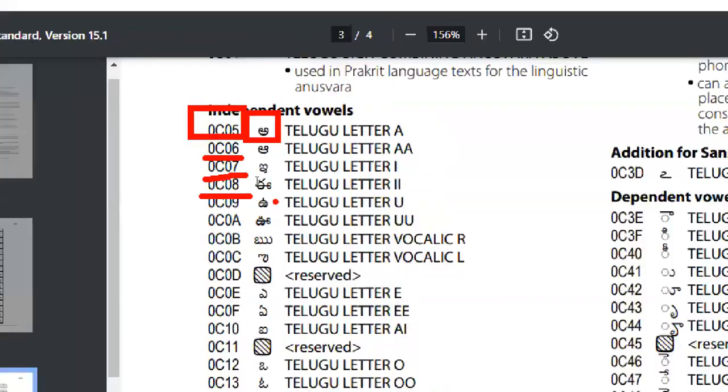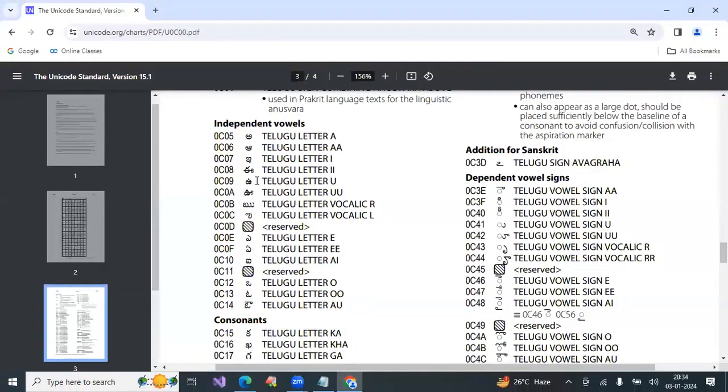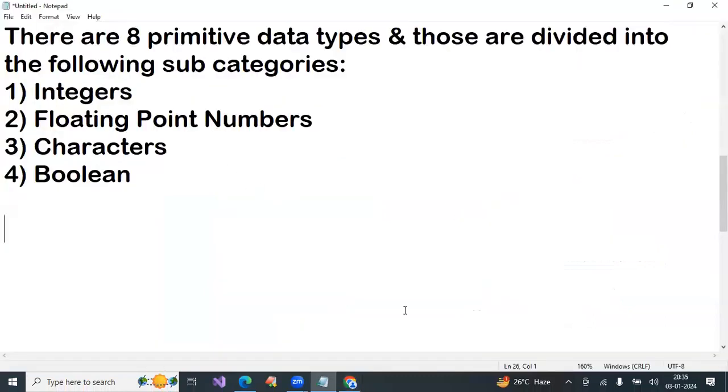If you want to display your name in Telugu through a Java program, first you have to check the numbers. Otherwise, not possible. For your name, which letter matches which code? You have to search and apply. Who will remember all those? No one can remember. So you have to open this sheet, search, and apply. Then you write the program with these numbers. Then Telugu output comes. That is the reason the range here is 0 to 65,535.